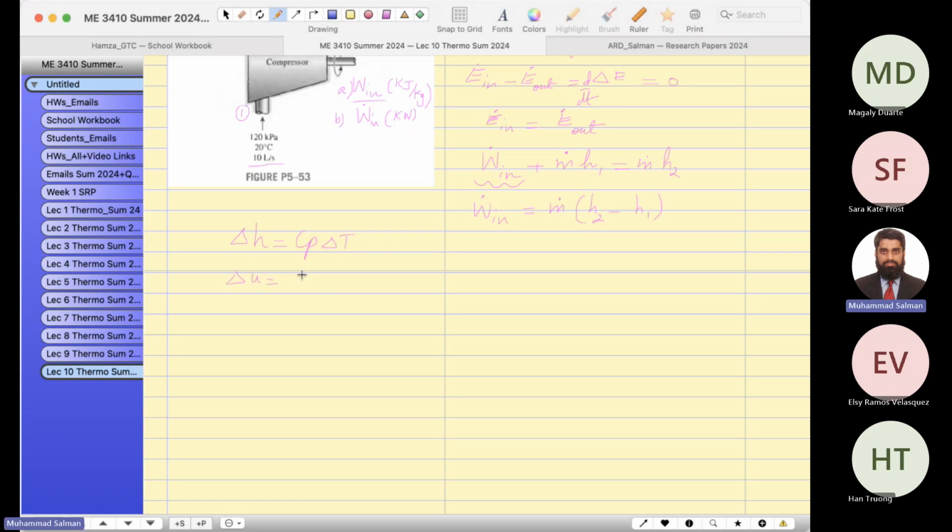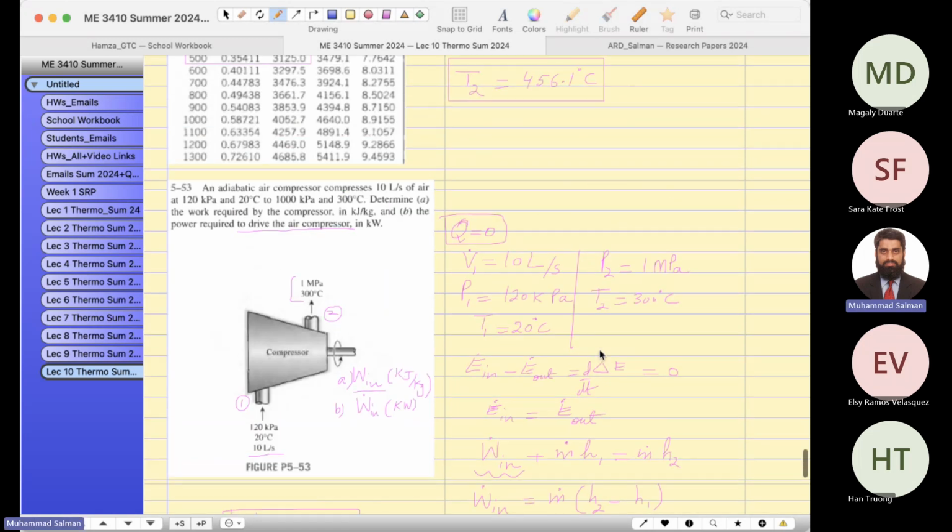You also learned Cv delta T, but we are not concerned about Cv at the moment. We will use this formula to find W in, but the value is specific work. We are not finding W dot. So Cp delta T,